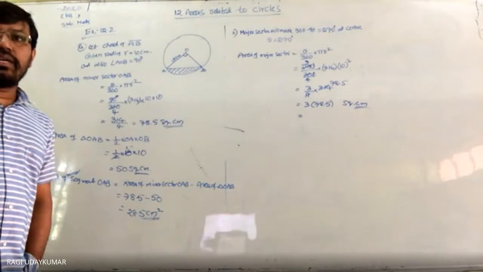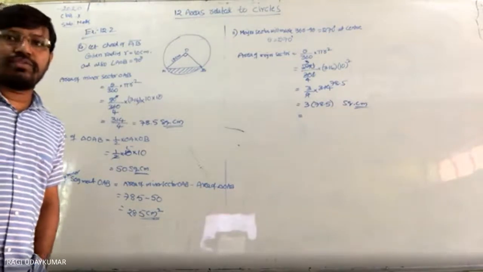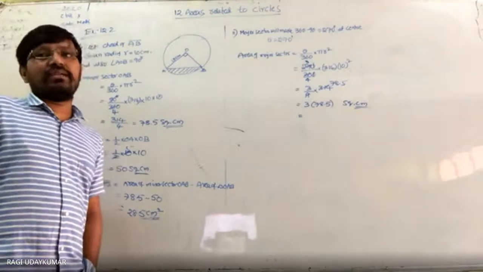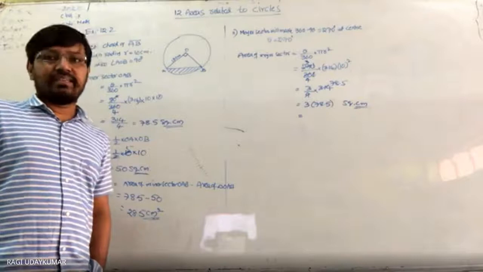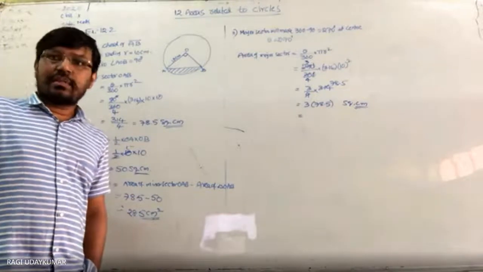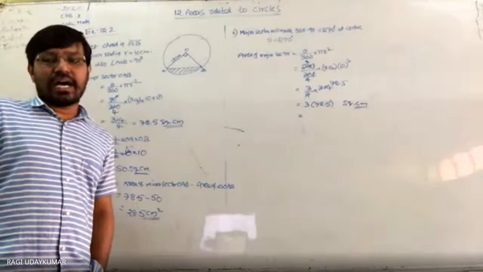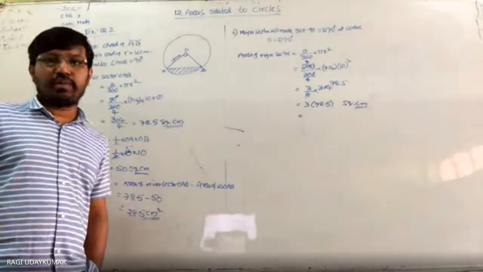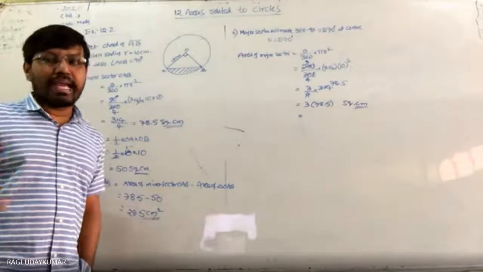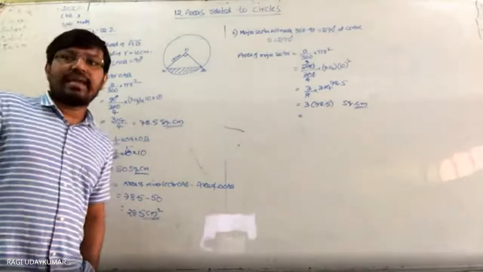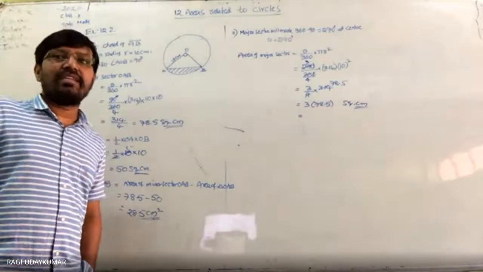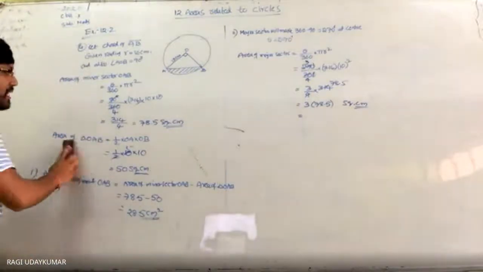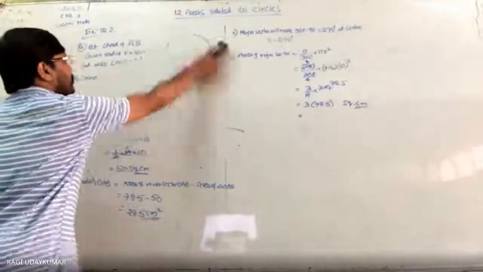Here it is 60 degrees given to you in the fifth problem. What is in the fifth problem? In a circle of radius 21 centimeters, an arc subtends an angle of 60 degrees at the center. Find the length of the arc and area of the sector formed by the arc. You can find out the fifth problem easily. It's not difficult because it is a direct question. Sixth problem: a chord subtends an angle of 60 degrees at the center. Find the area of the corresponding minor and major segment of the circle. So this problem I will explain to you. Okay. Sixth question.